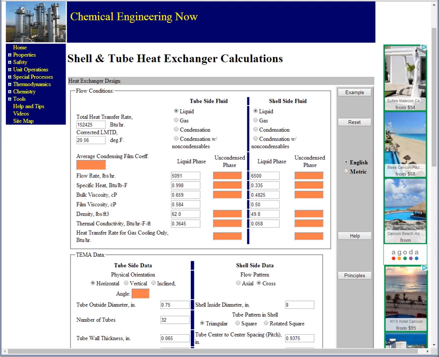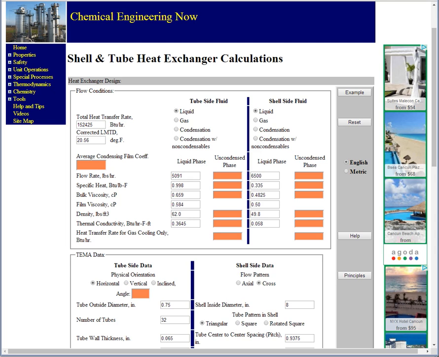The layout of the form has the tube side information on the left and the shell side information on the right side, with the process-related information at the top of the form and the exchanger-specific information at the bottom. This form is used in conjunction with the LMTD calculation form, which we shall see in a moment. The calculator generally solves problems in the direction that determines the required heat transfer area and fluid pressure drops. Although, as with all calculators at chemicalengineeringnow.com, a quick and simple trial and error permits the calculation of any parameter